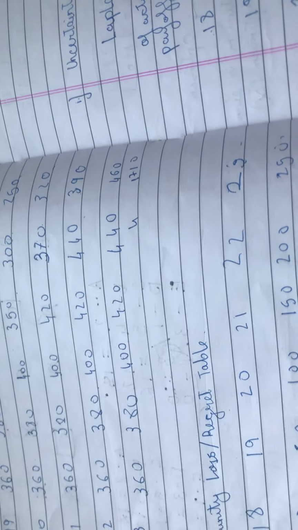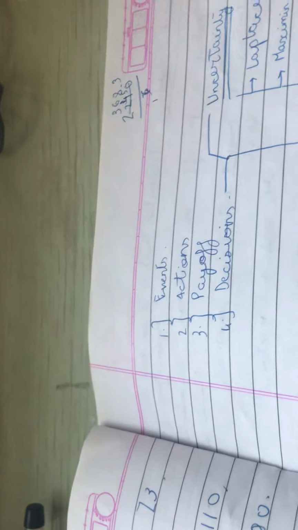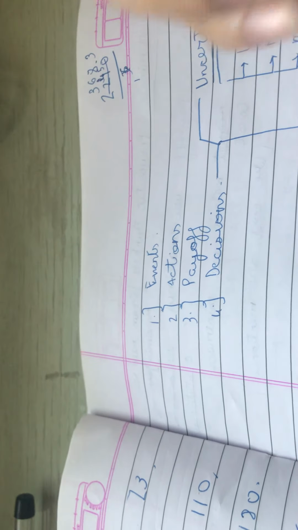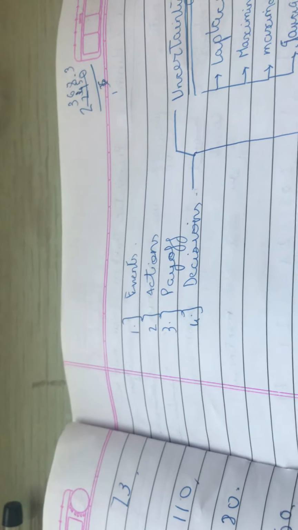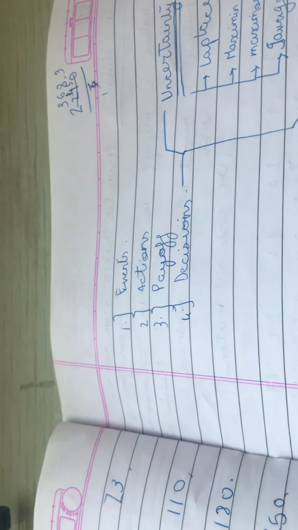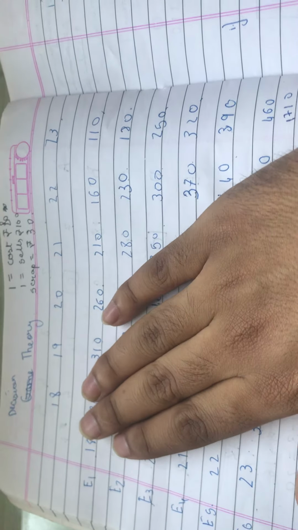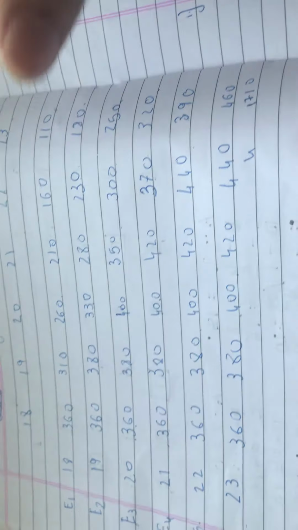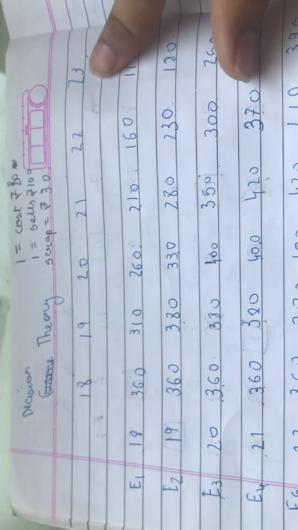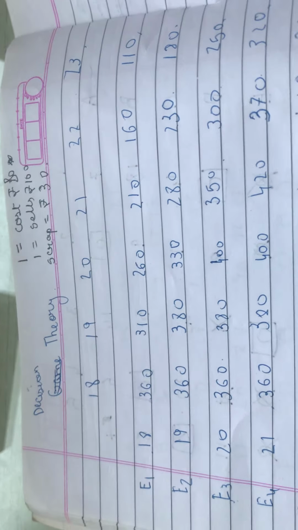We base our decisions, we base our actions on these uncontrollable events per se, and the second part of that is actions. So actions are something, as I said, based on events. You can take different actions. Let's say you have 18 to 23 books. You have the option of buying 18 books, 19 books, 20 books, 21, 22 or 23 books. So this is the action that you can take.